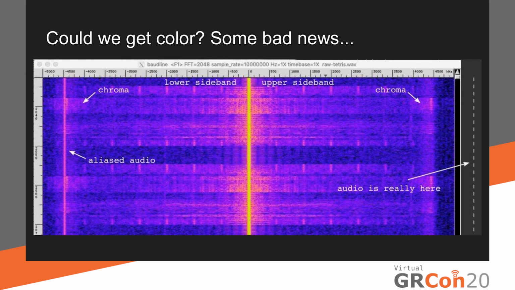It's the audio signal, which is very close to the video signal. That is an FM carrier right next to the video signal, but it has been aliased on top of the video signal because the filter is not sharp enough, and it's way too close and way too strong for the filters. So I was kind of worried that the chroma signal would be completely destroyed by this, and there is really no way to avoid this.